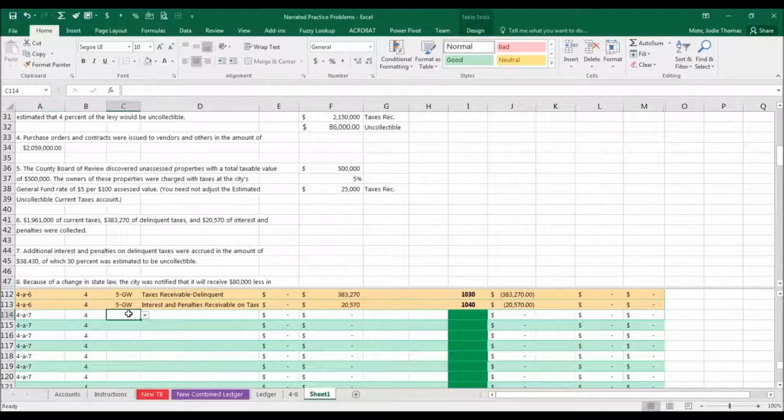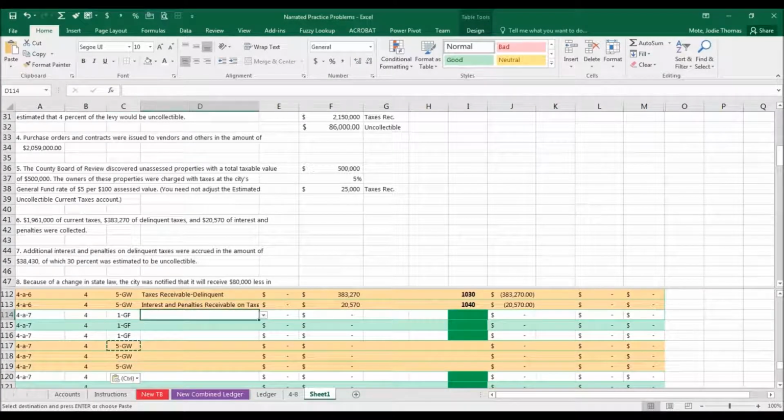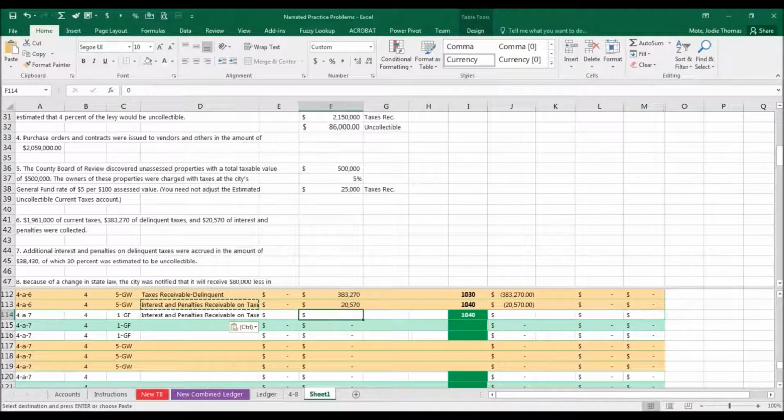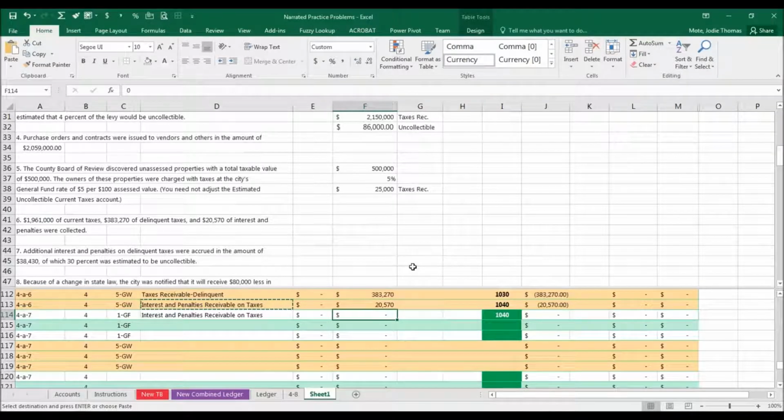So here we're going to have, let's go ahead and put general fund, and then this is going to be a transaction that's recorded in both, though it's going to look very similar. So first, we're saying that we're accruing the additional interest and penalties. So we are accruing, that should be your keyword, that you're either recording a receivable or a payable. So here's our receivable right here in the problem above. Let's just use that, put it here, and widen that out a little bit so you can see the full account name. All right, and we were told that that amount is $38,430,